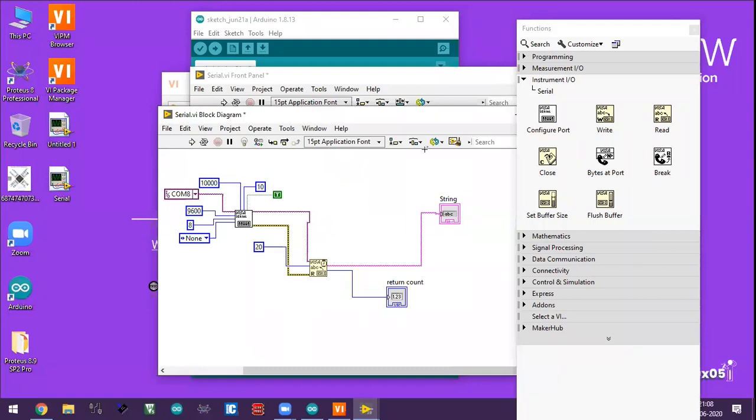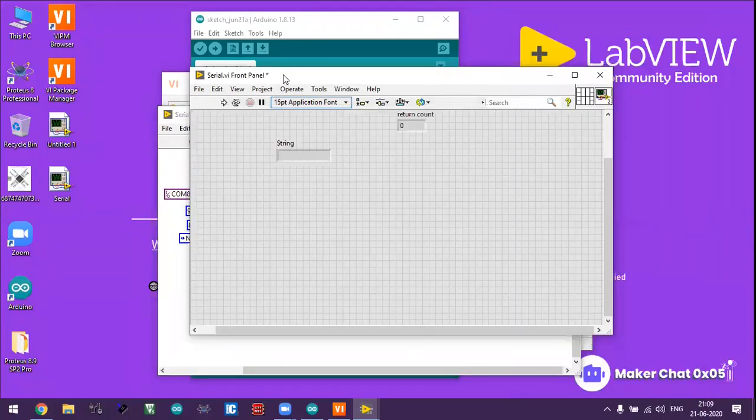So now everything is completed with the COM port configuration as well as VISA read. The string value will be visible in this element, and how many bytes are received from the COM port will show over here. So now I'm going to the front panel. This is the return count, and I will add this over here.